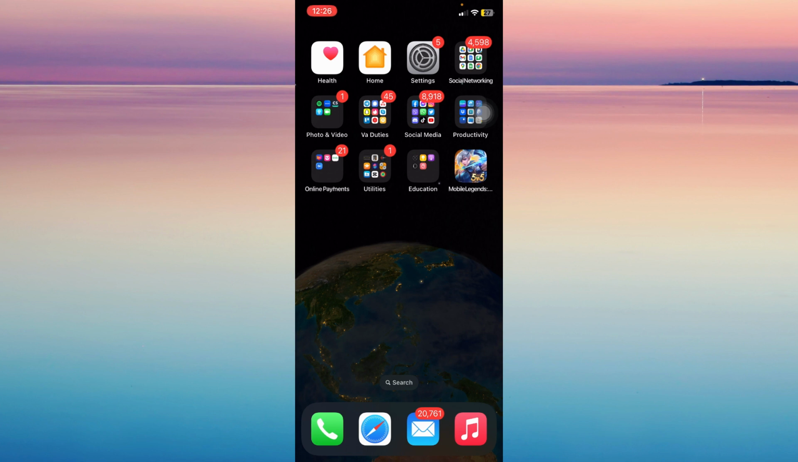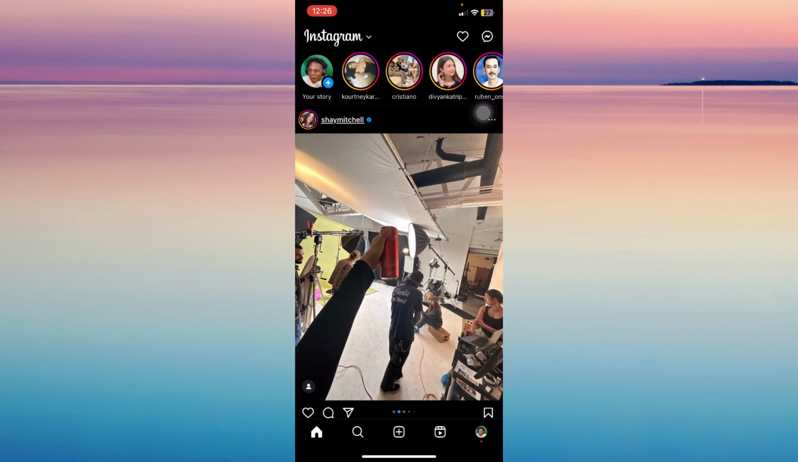The first step is opening Instagram. Once you're here, you'll be taken to your feed tab. Now, go to the person's chat that you want to look at,